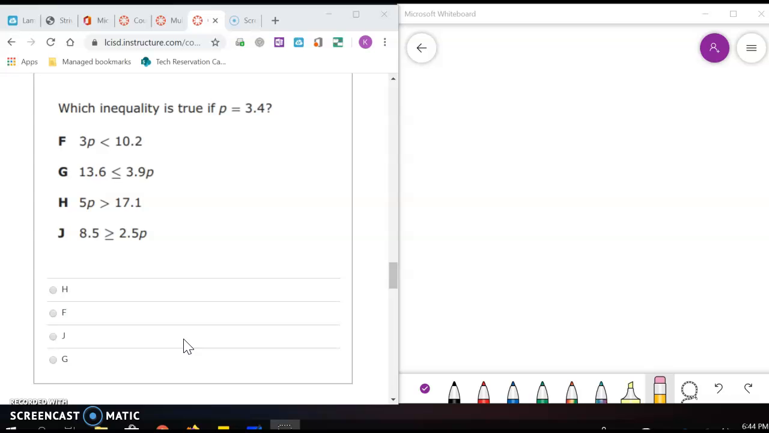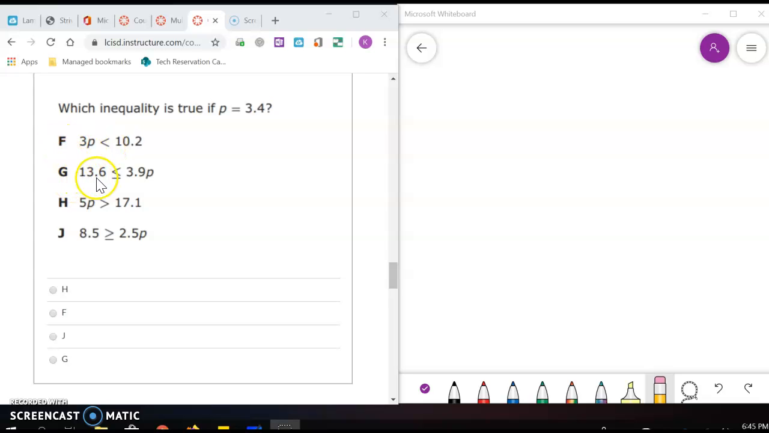Okay, this next one is another where we would plug in and check. So we're plugging in 3.4 where P is in each of these and trying to see which one would be true. So our first one is 3p is less than 10.2. 3p would be 3 times 3.4, and that would actually give us exactly 10.2. So F would be true if we had an equal sign, but it's a less than symbol, so F is no